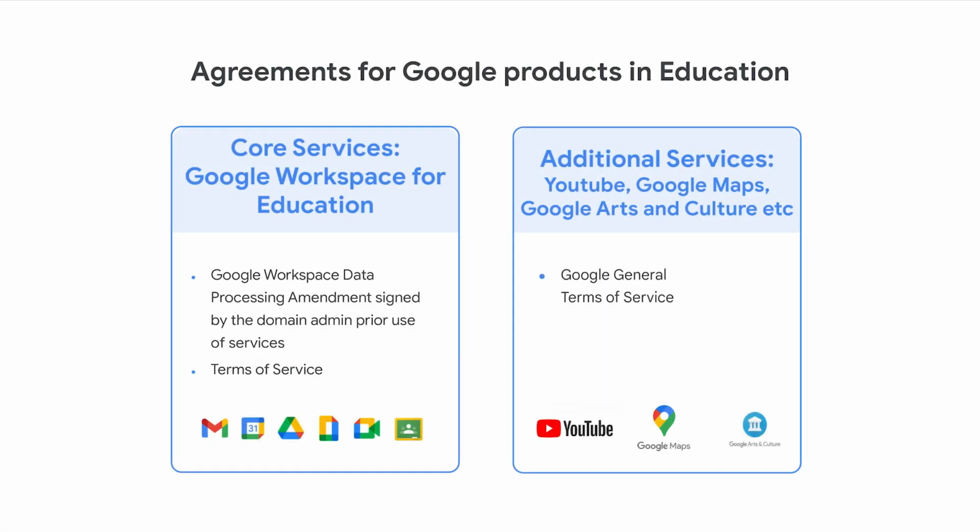Yeah, of course. So the core Workspace services include things like Gmail, Google Drive, Classroom, Calendar, and Meet, and they're governed by a specific set of terms of service, which you can view online. And these are different to those that govern regular consumer users with a gmail.com account. These services are also governed by our new Cloud Data Processing Addendum, like you mentioned before. And we also have a Google Workspace for Education implementation guide, which outlines our suggested best practice when deploying and configuring these services to help you meet data protection and compliance needs.